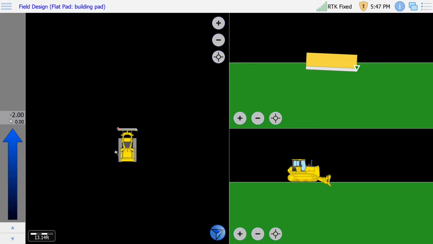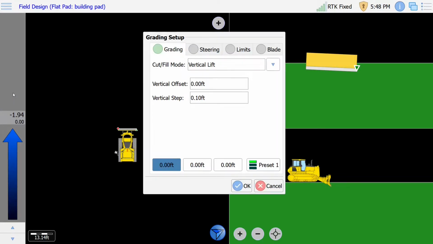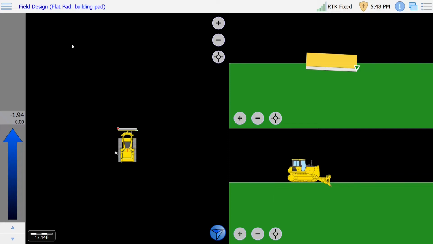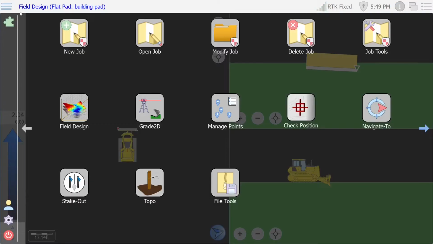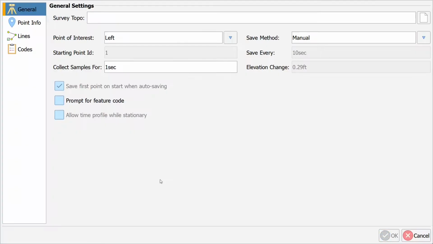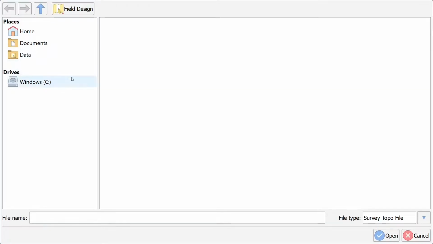While using any type of field design, all the other functions within GradeMetrix and SiteMetrix work, like vertical offset and your different focus points, and other apps like Topo. In plan view, you won't see line work because I don't have any loaded in this project. But if I had a building pad that I wanted to stay within the boundaries of, I could collect that using Topo. To do this, go Menu, go into Topo, create a file that you want to store the points to,